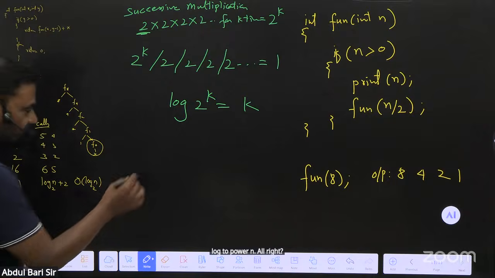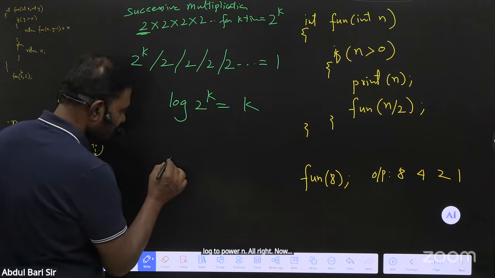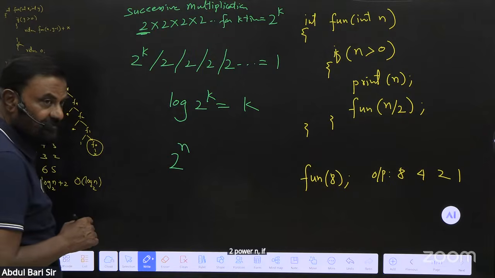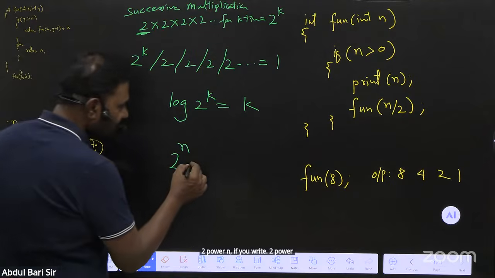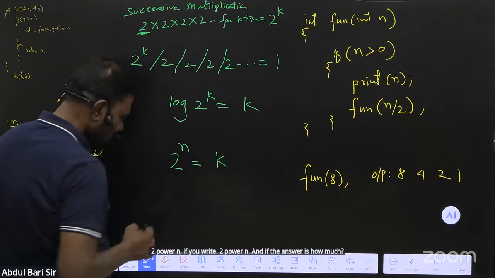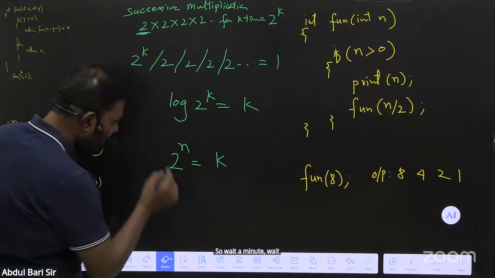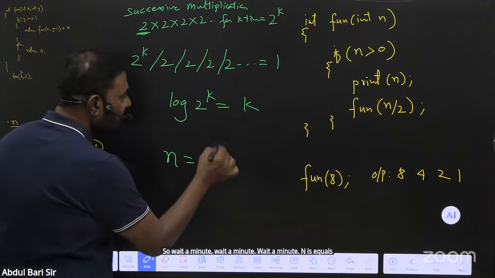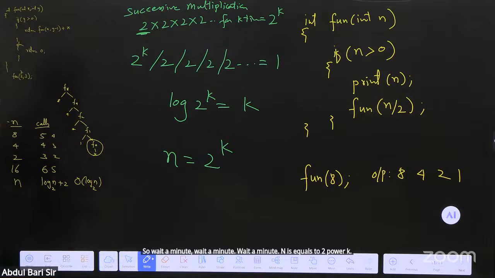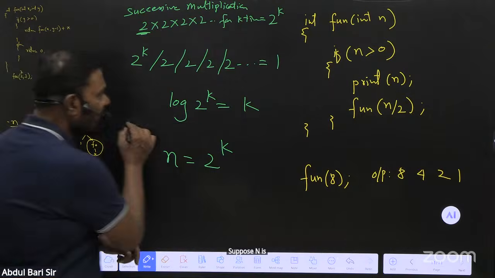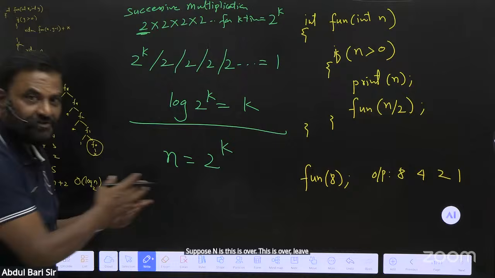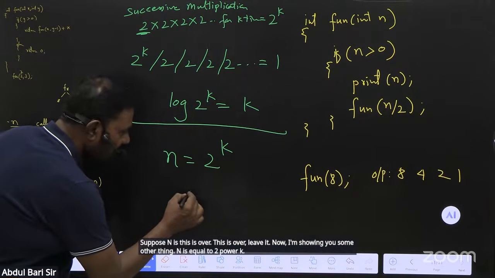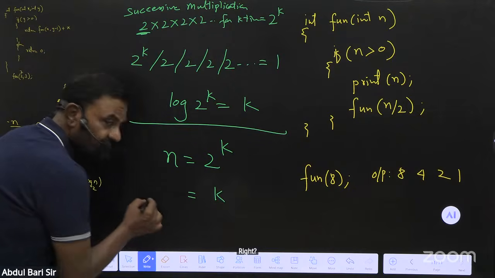Now, see, 2 power n if you write. Wait a minute. N is equal to 2 power k. Suppose n is, this is over, leave it. Now I'm showing you some other thing. N is equal to 2 power k, right? K is equal to,